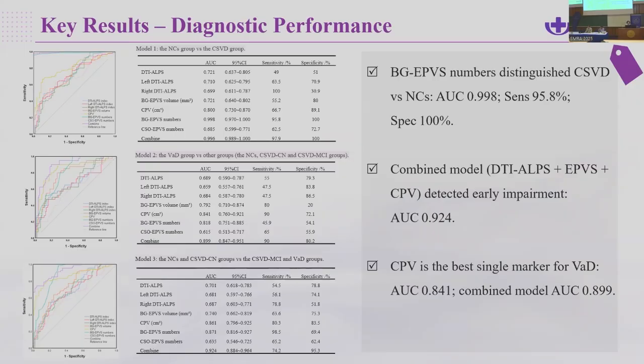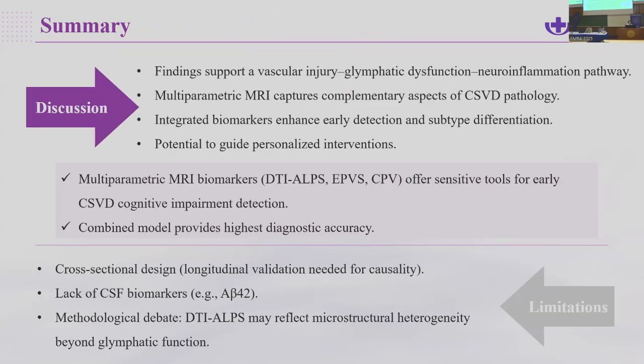The summarized findings support a vascular injury, lymphatic dysfunction, and neural inflammation pathway, and multi-parametric MRI captures complementary aspects of CSVD pathology. Integrating biomarkers supports early detection and subtype differentiation, to guide personalized interventions. The multi-parametric MRI biomarkers, DTI-ALPS, EPVS, CPV, offer sensitive tools for early CSVD cognitive impairment detection